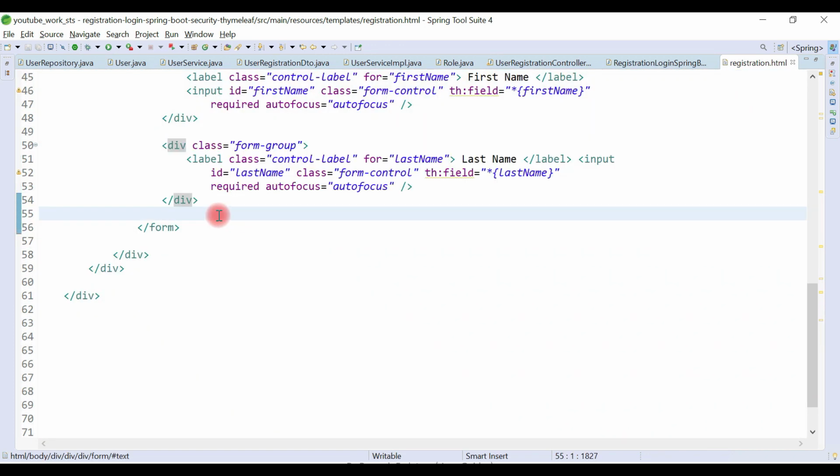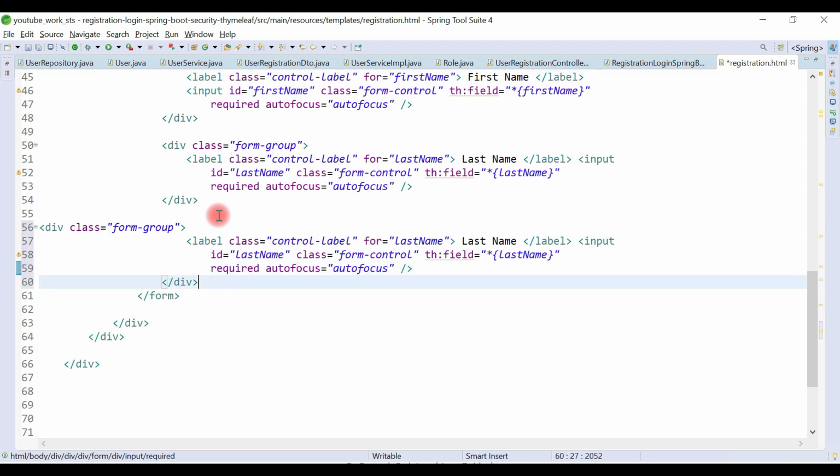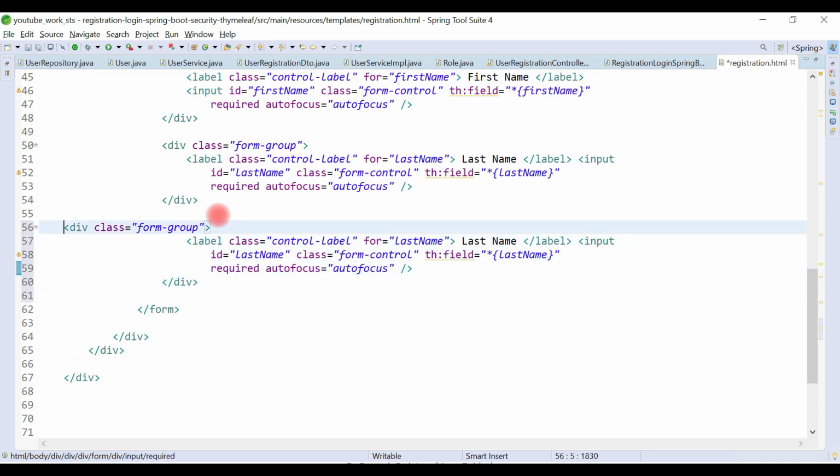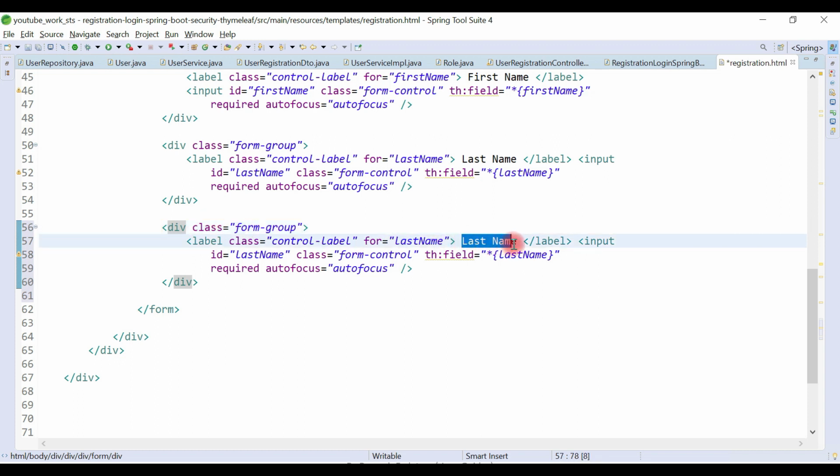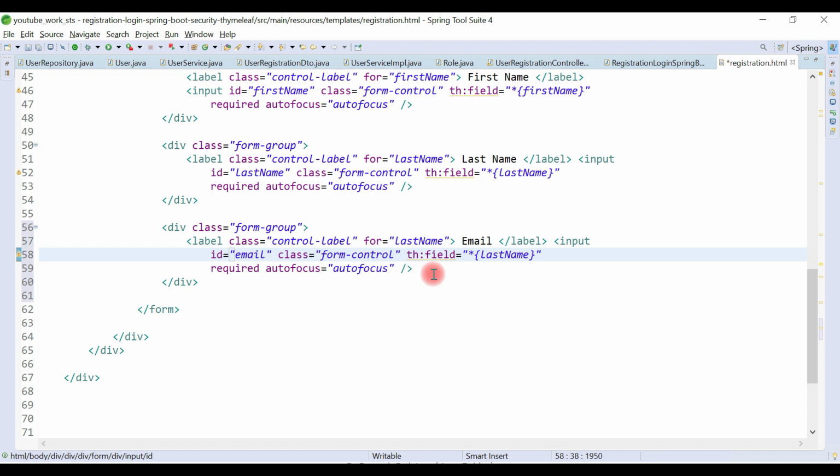let me copy this, and we're going to add email, right? Email field, so let's change accordingly. This is email and id email, this is also email. Alright,